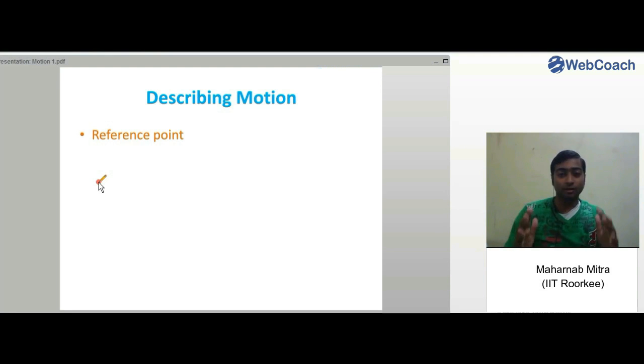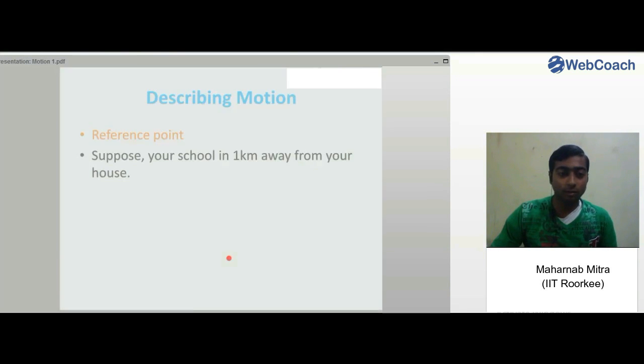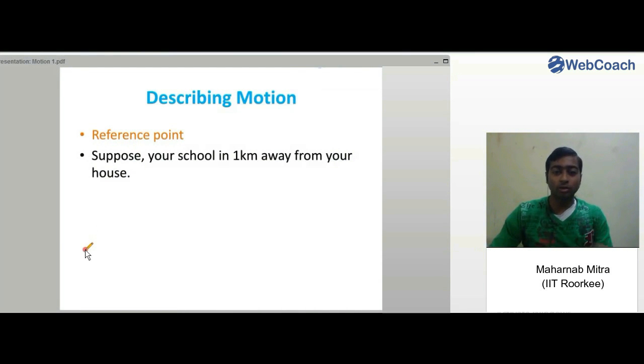Like for measuring with a scale, you take the initial point as 0, right? You take 0 as the reference, and according to that 0 point you move on to 1 centimeter, 2 centimeter, 3 centimeter, and so on. That means we take the initial point as the reference point, and according to that point we go on measuring the values accordingly, right? Now for example, suppose your school is 1 kilometer away from your house, but